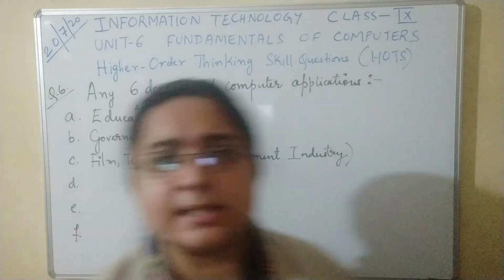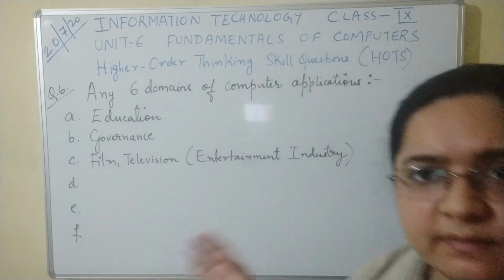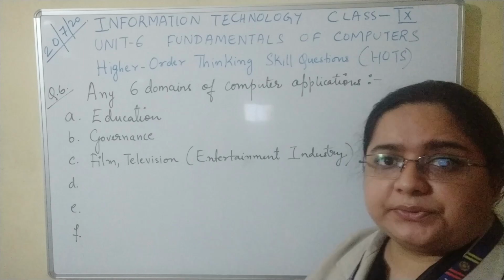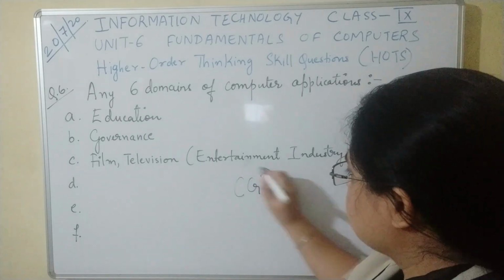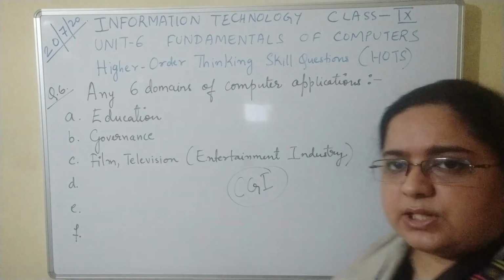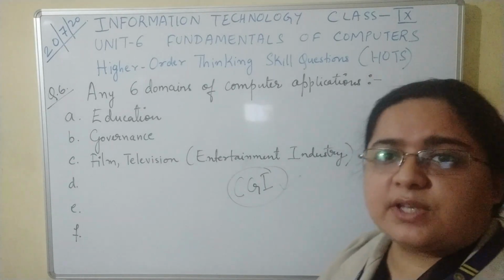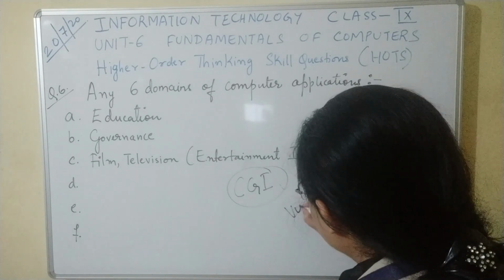Computers are being extensively used in entertainment, and this is a known fact, we already know that. You might have seen all the different computer graphics, CGI effects. So CGI are computer graphics, graphical effects or visual effects which are given